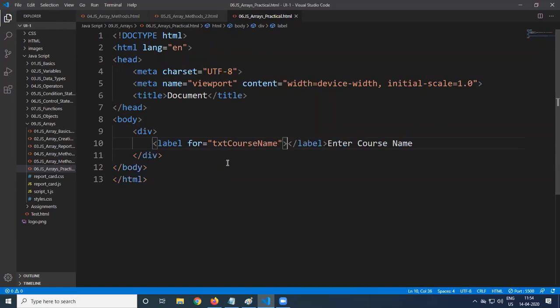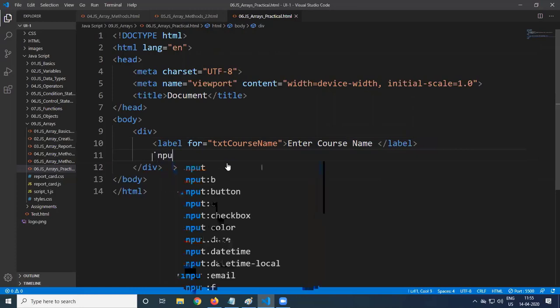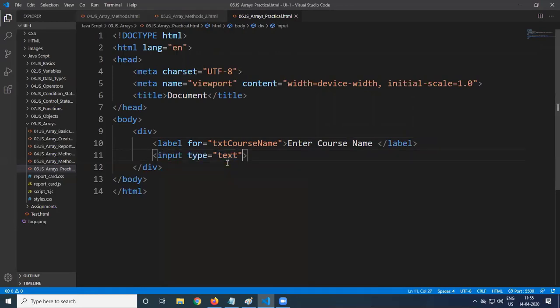So txt code's name, label for. We are applying this label, /label. In the side of that, a text box is required. Input type is equal to text. ID is equal to txt code's name. So ID also we are giving. Then size of that, we are giving it as 20.